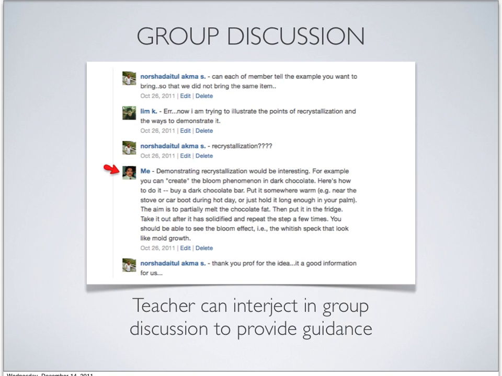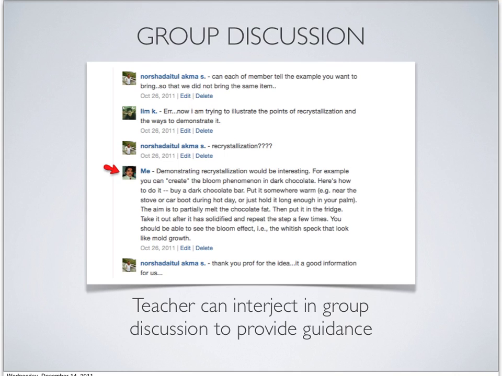One way to get students to collaborate is actually through a group discussion. So in Edmodo, you can create a group, and you can assign them a group assignment. Then you give the instruction to students to have their discussion in the Edmodo, so that you can monitor.